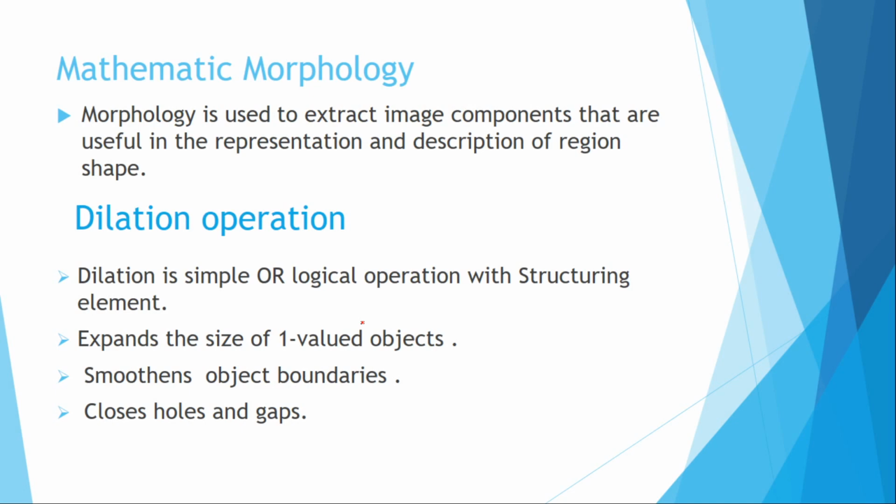So morphological processing is mainly used for extracting information like the structure and shape, or the region shape, of objects. Consider an example: suppose an automatic door opening system is there. Whenever a human being stands in front of the door, it has to open. Otherwise, it should not open. If any other animal or creature stands in front of the door, it should not open.